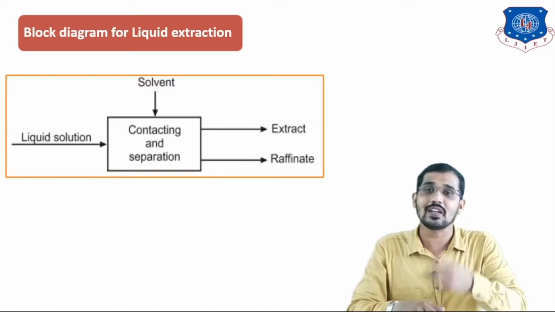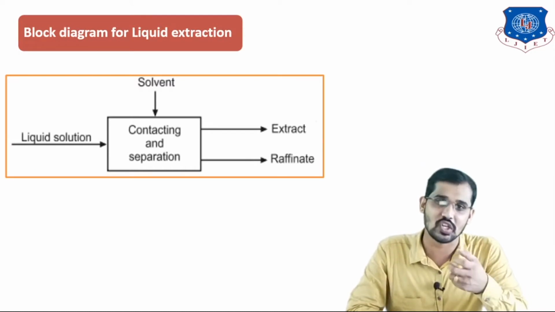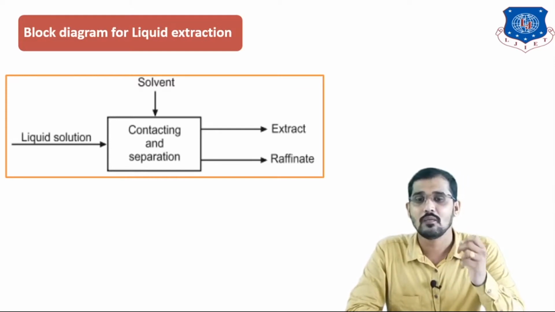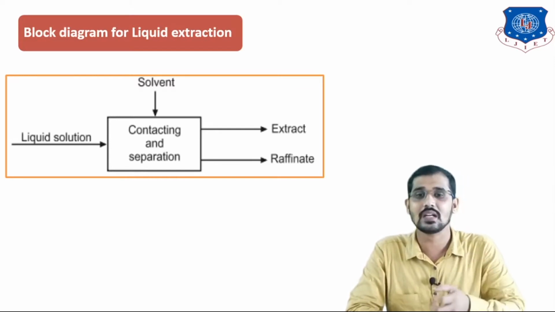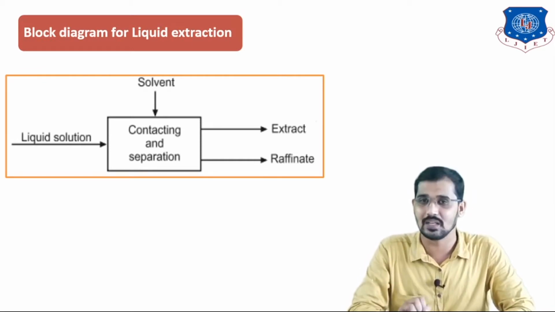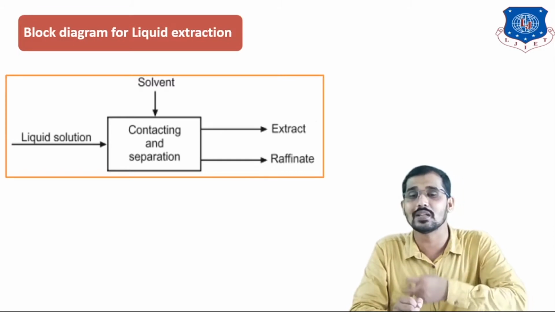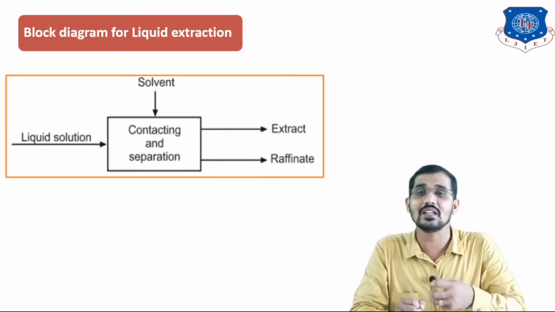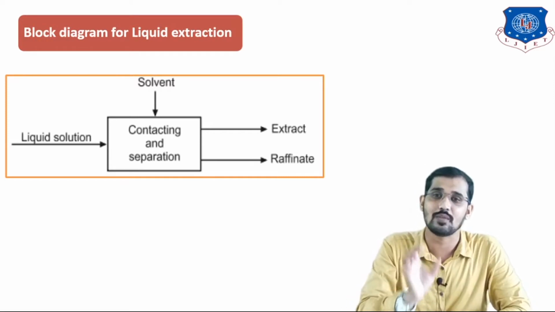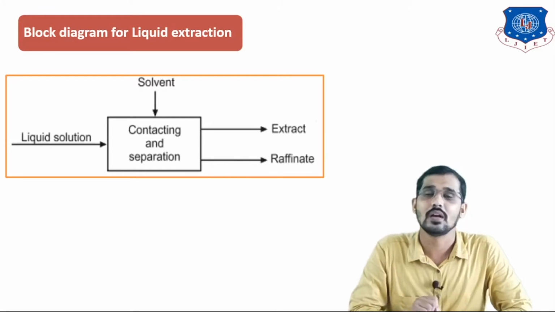After that, means after extraction, we are removing two streams, that is the separation. After liquid extraction, we are getting two outlet streams. The first one is the extract stream and the second one is the raffinate stream. I told you raffinate is the unwanted stream. Our required component, whatever we have extracted from the liquid solution, we are getting in the extract stream. Means your required outlet stream is the extract phase, or I can say extract layer, and the unwanted one is your raffinate solution.